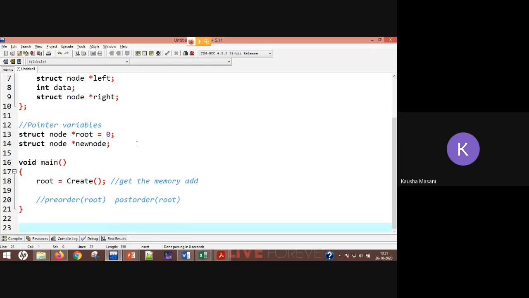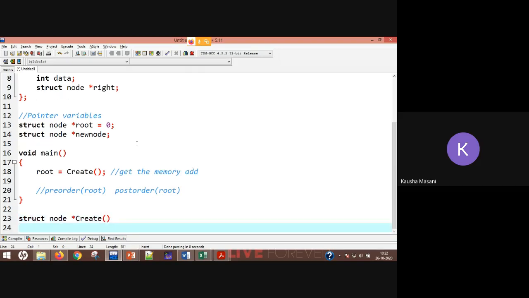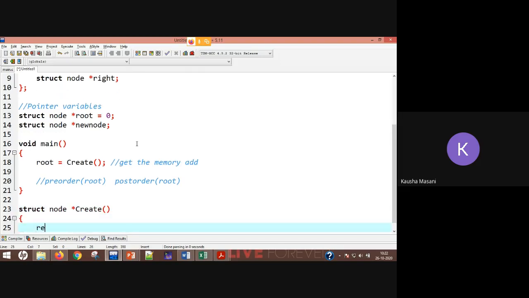It is going to return the memory address, or say the pointer. So the type of this is going to be struct node pointer create, because we are going to return the node, and this node is the memory address. That's why the type of this user defined function is struct node.